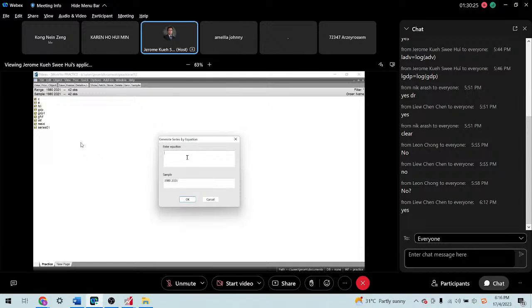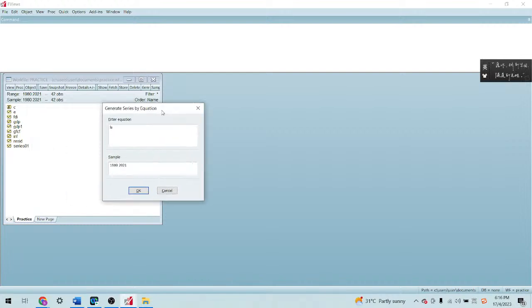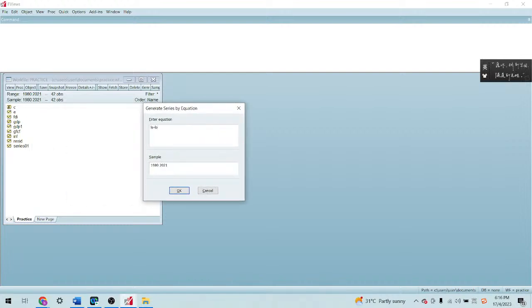Right, so now we try to generate E, export. So let's create the new name LE. The LE equal to log open bracket E close bracket. So that will be the first one.